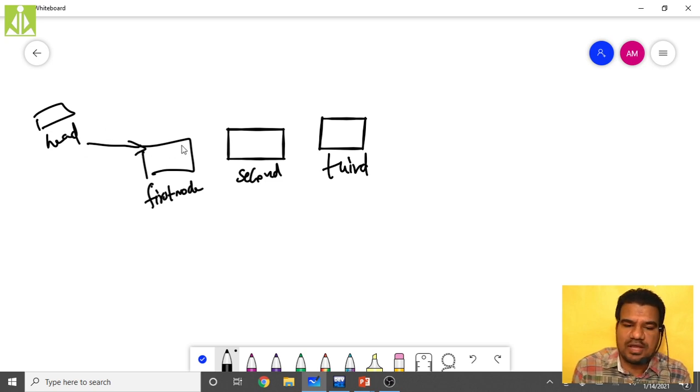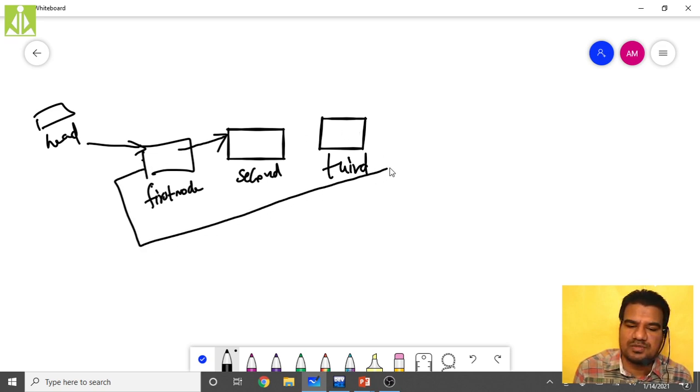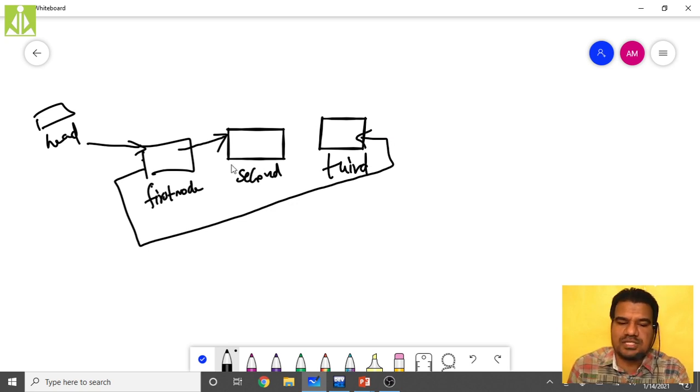So the next thing, I have to make the first node's next pointer point here, and the first node's previous pointer point to the last node, like this. So these two types of connections I have to do. Already I did the head pointer.